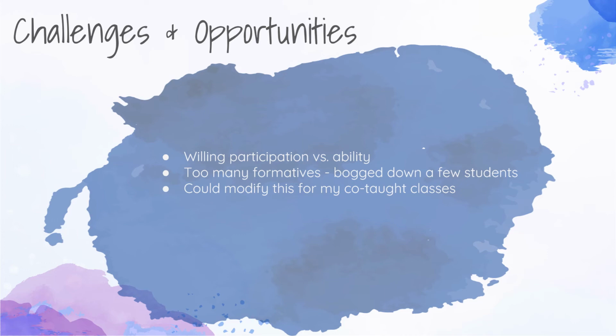I think I might have had too many formatives in this particular lesson. I found that I had some students just bogged down, and I feel like I could have modified the amount for my co-taught class. And I also got to do a lab where students got to plan and carry out a total investigation, and they had to recreate the water cycle, and they were just given a bunch of materials, a heat source, and they had to figure it out. And I didn't get to put that on here because it wasn't a digital tool, but I really loved watching them do that.